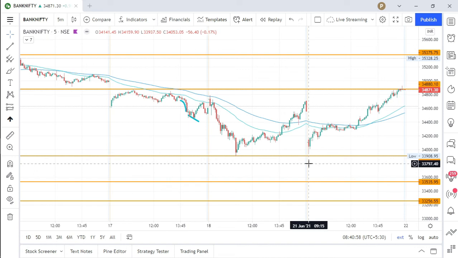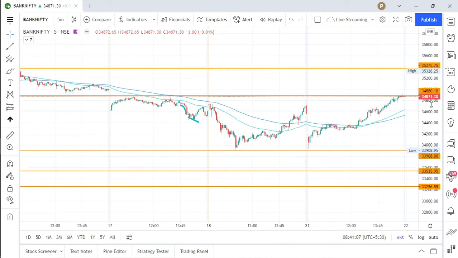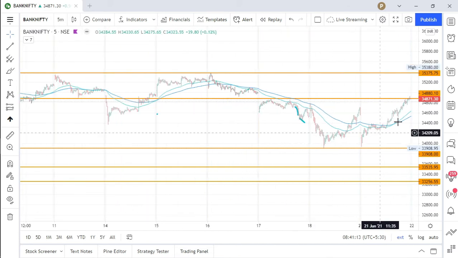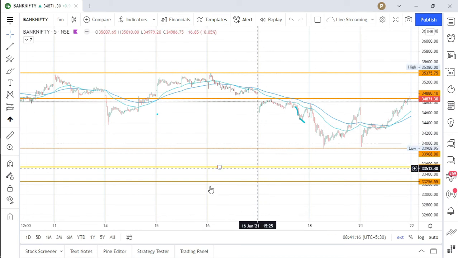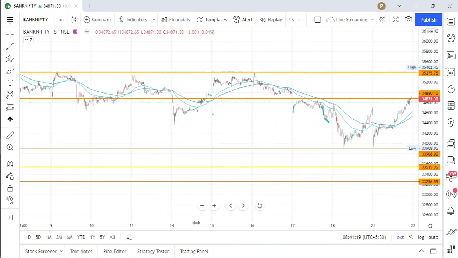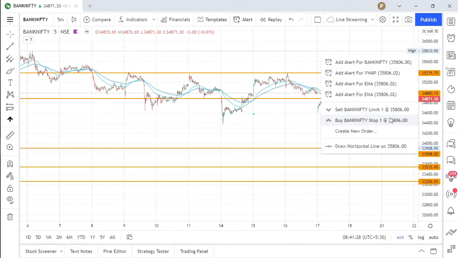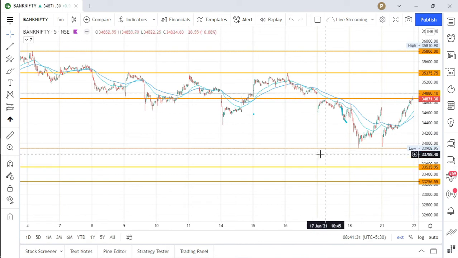So that's where we are with Bank Nifty, and we just closed near the resistance point that we have been discussing, but I guess that would be taken out with today's gap up, and our resistance of 35,375 would be tested again. That's been a long-term resistance for us for a couple of days. The next resistance would be 35,810, from the first week of June. So for the intraday, 35,000 primarily, followed by 35,375 and 35,800 are the resistance levels.